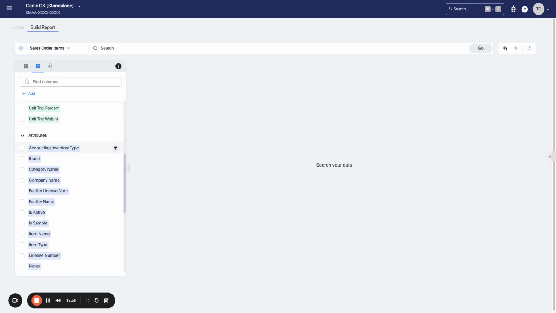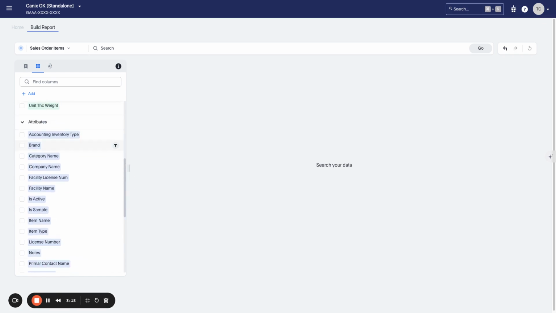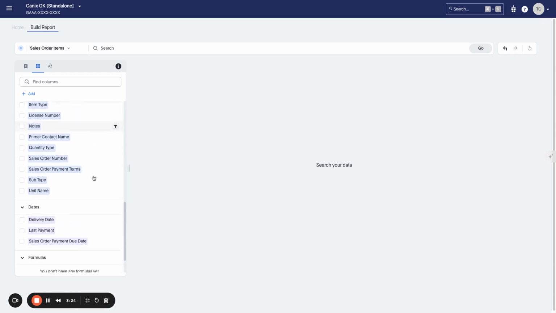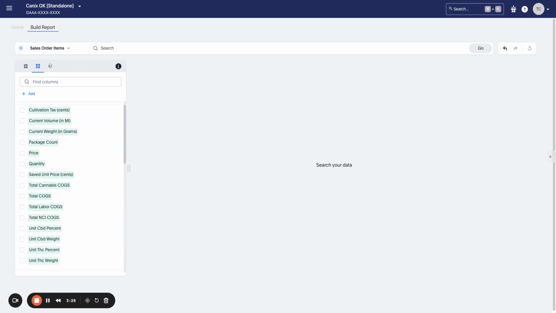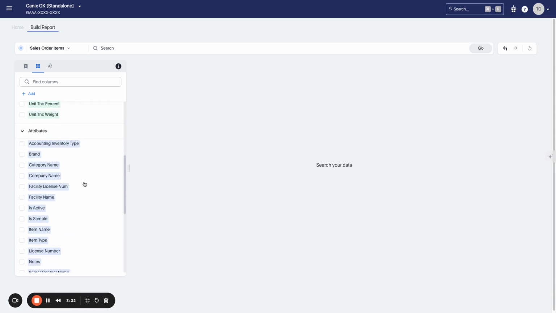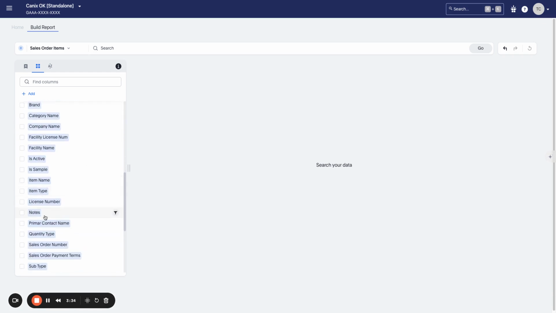You'll have some attributes related both to the sales order as well as the item, counting inventory type, brand, and some of those date fields as well. So you're getting a little bit more granular information. We can start to slice and dice the data by how our sales are looking by item type, item name,